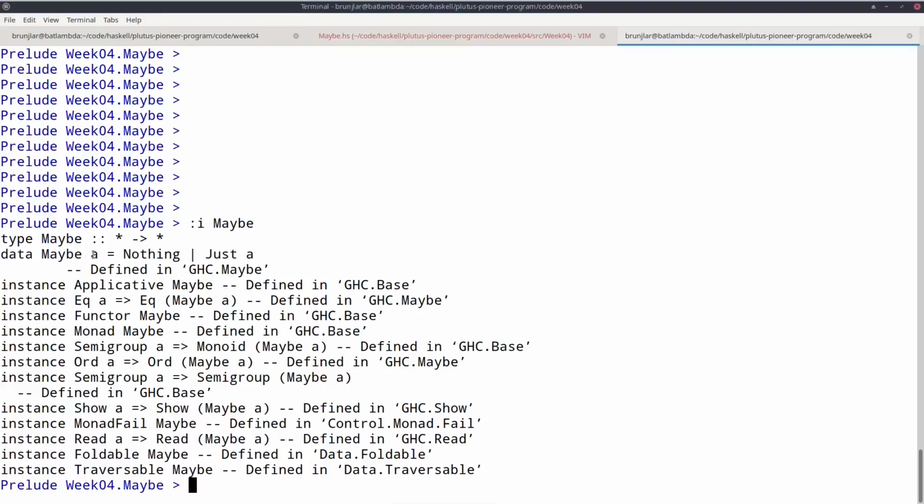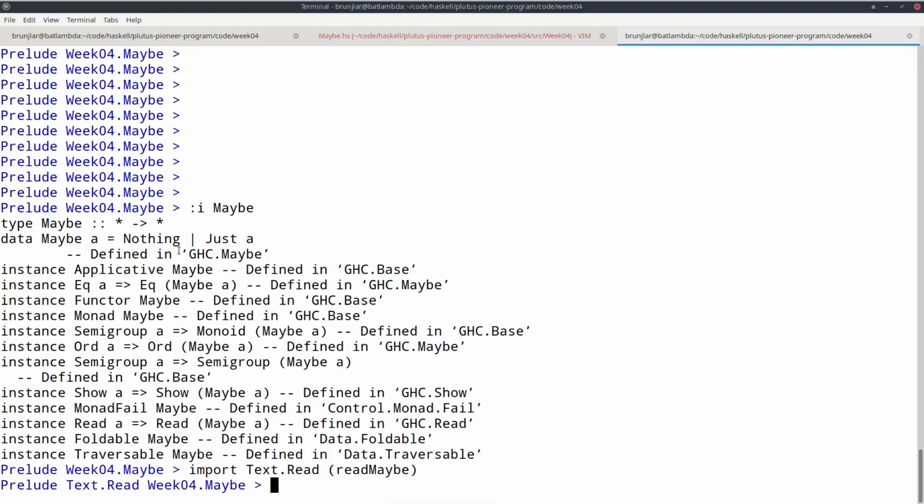So it's an optional A. So there are two constructors for this type, Nothing and Just, taking an A. So Maybe A can either contain an A with a Just constructor or Nothing. And let's import Text.Read, readMaybe.